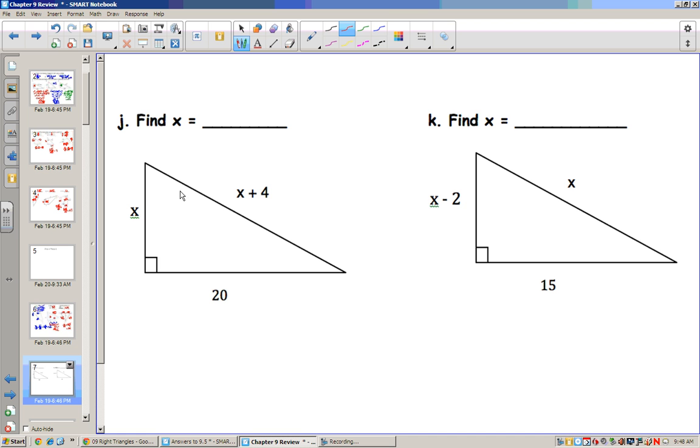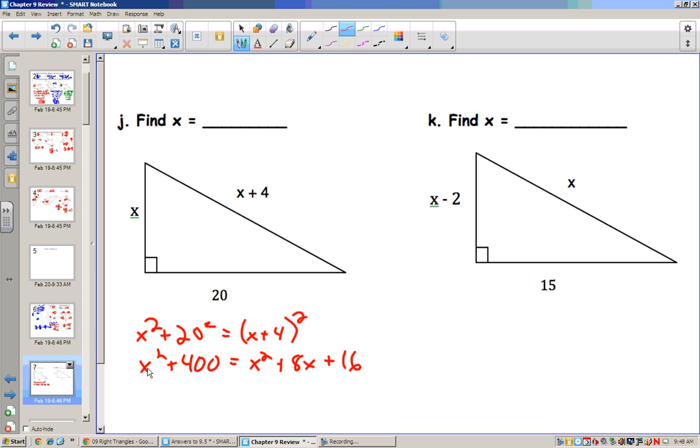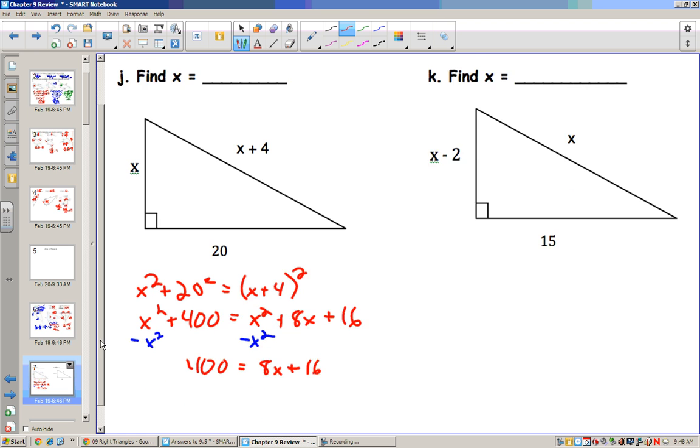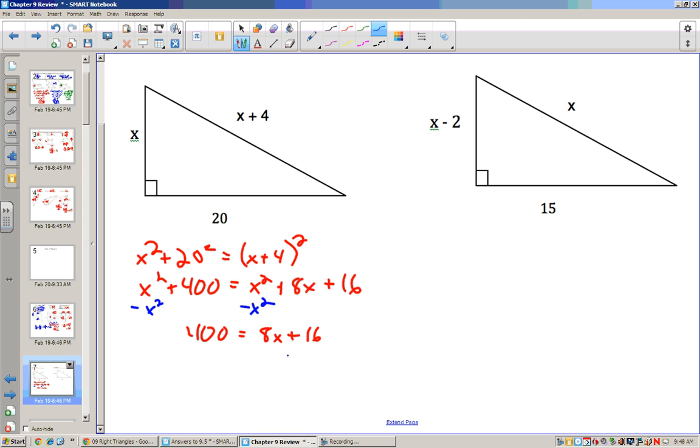Now to find these two problems, this is Pythagorean Theorem. You have x squared plus 20 squared is equal to x plus 4 squared, or x squared plus 400 is equal to x squared plus 8x plus 16. Now we can subtract x squared on both sides, leaving 400 is equal to 8x plus 16. Now I subtract 16 from both sides,